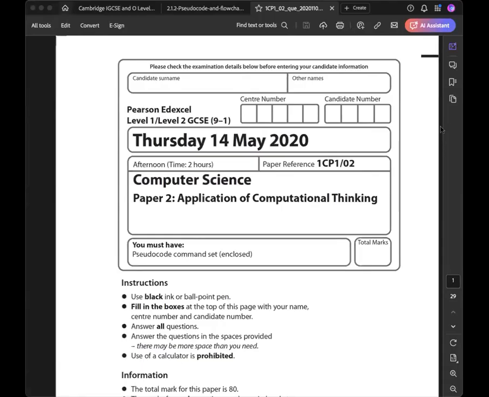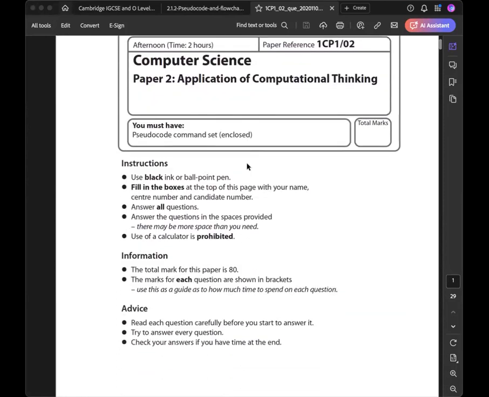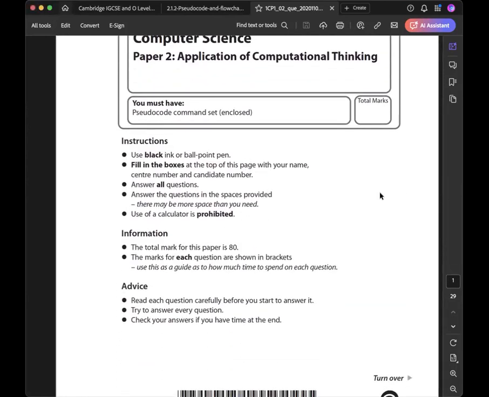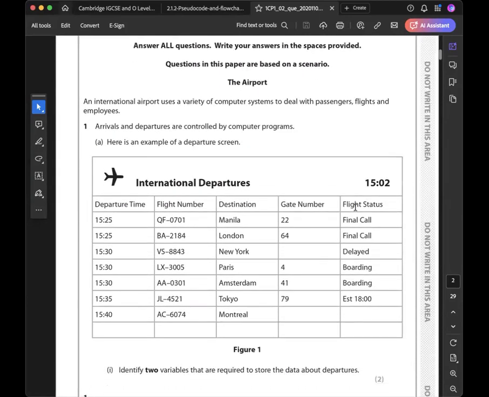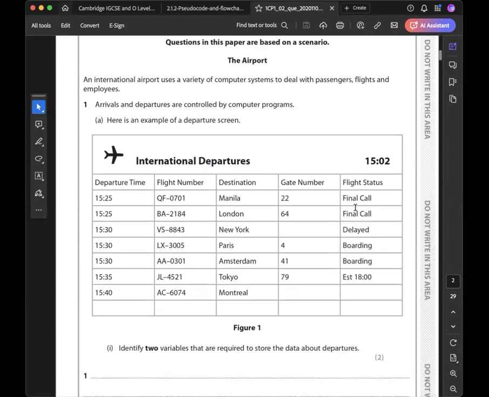Welcome to Computer Science at Edexcel, and we are solving a past paper 1CP1/02 computational thinking. This paper is of 80 marks as usual. The first question is related to a database question. Like you have a database, a table,